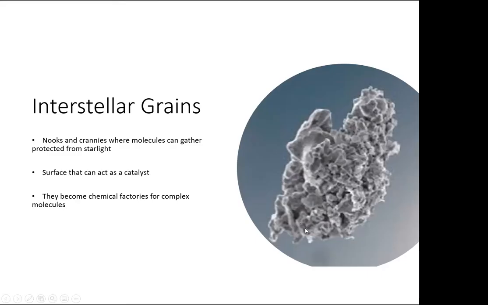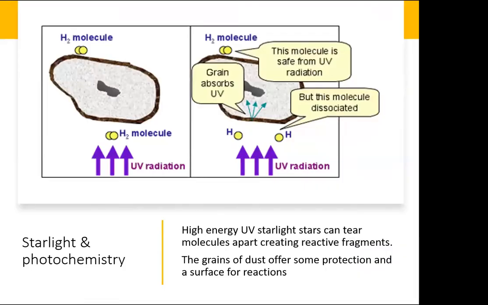Why do I say lovely little pockets? Well, it's the chemist in me that knows that if you have a structure like this, it has a very, very large surface area. And surfaces in chemistry are a really good place for reactions to take place. And so these interstellar and interplanetary grains are hugely important to my understanding and to the understanding that we all gain of how complex molecules can form out there amongst the stars.